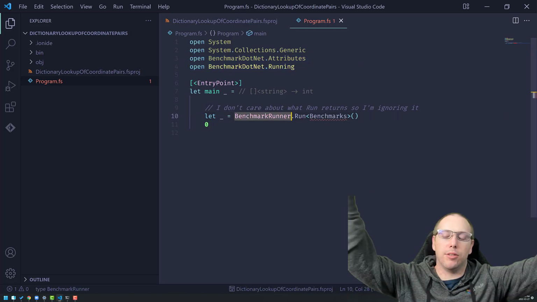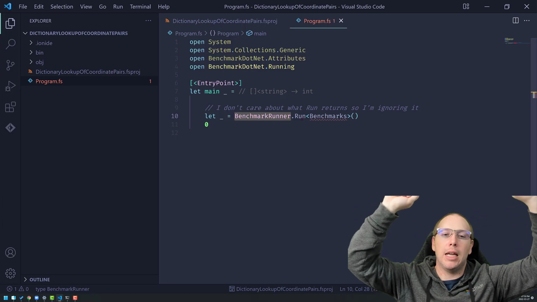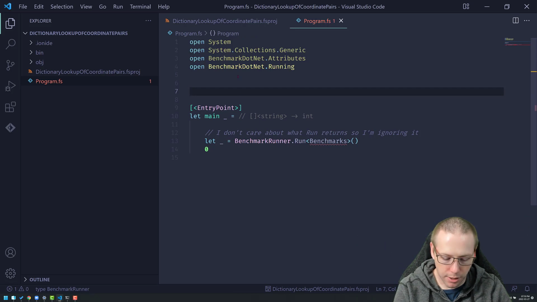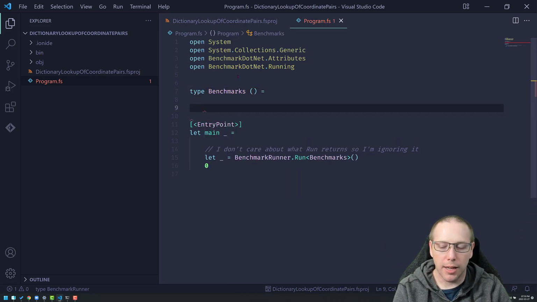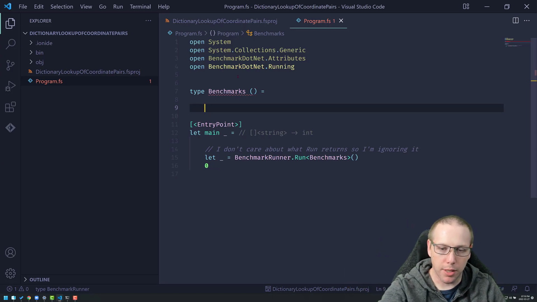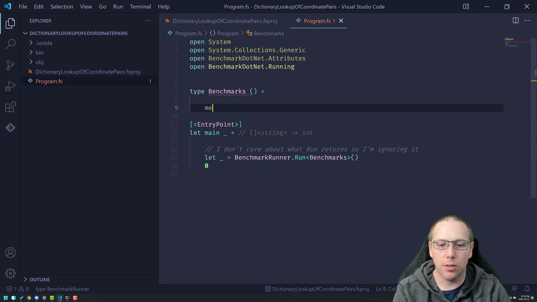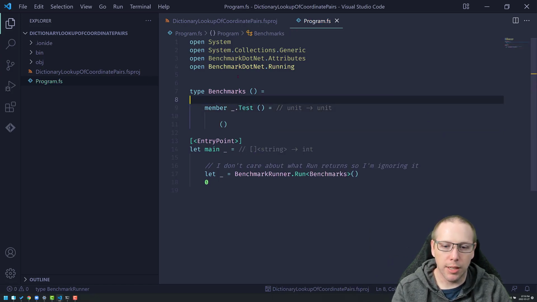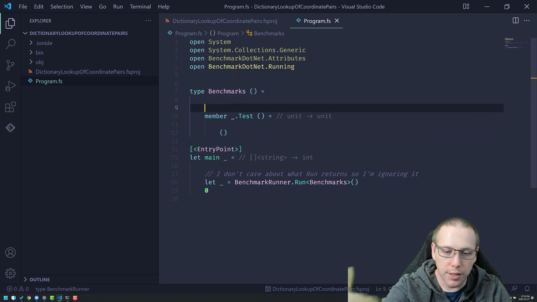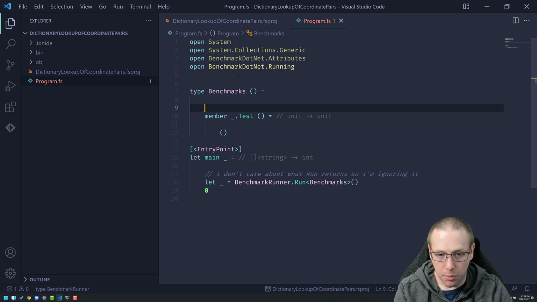Benchmark.Runner is the code that allows us to run benchmarks. We're going to define a class which holds our benchmarks, and I almost always call it Benchmarks because I'm really creative like that. What we're going to do is add methods to it, and those methods are the things that BenchmarkDotNet is actually going to be profiling. So I'll add a member here, test, and it's not even going to do anything. But if I want BenchmarkDotNet to actually run this repeatedly to test it, what I do,